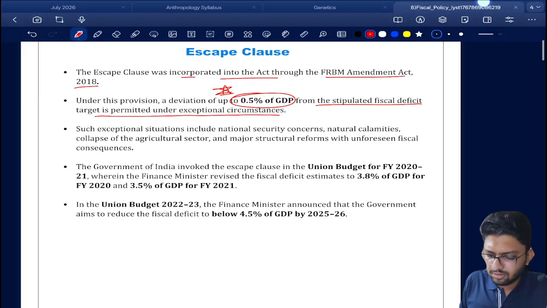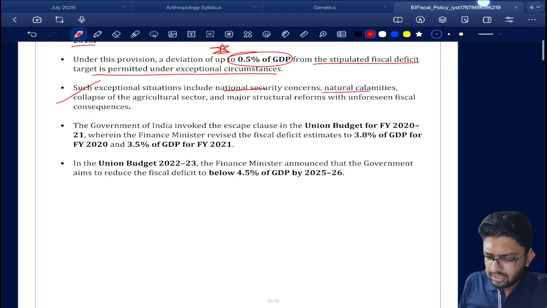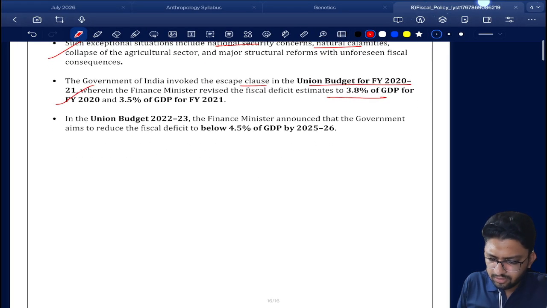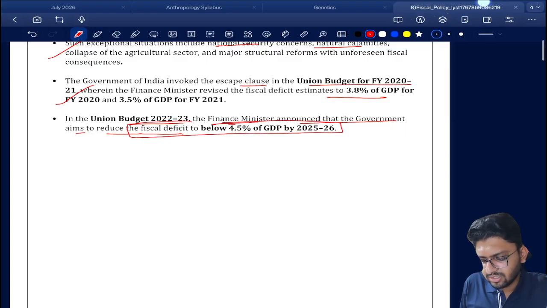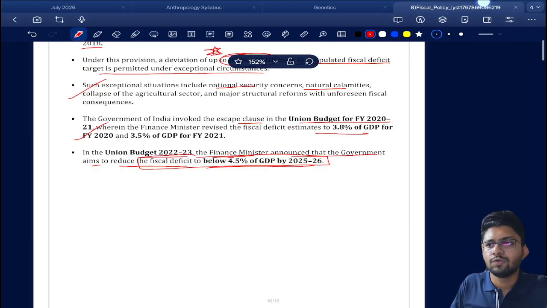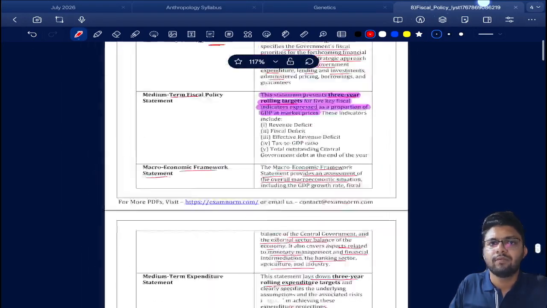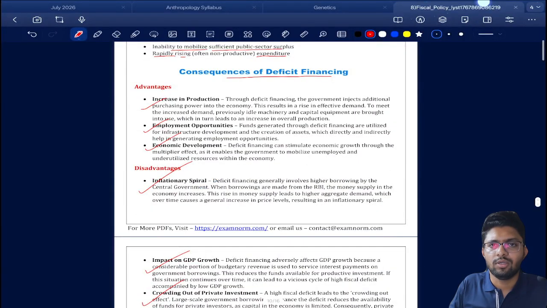Such exceptional situations include natural calamity. Okay, Government of India invoked this escape clause during 21, due to COVID lockdown. In the Union Budget 22-23, Finance Minister announced that the government aims to reduce the fiscal deficit below 4.5% of GDP by 25-26. Okay, so that was it for the topic of fiscal policy of ESI,